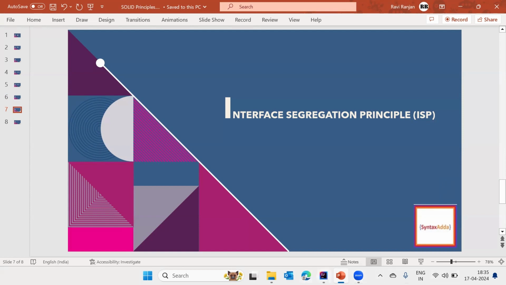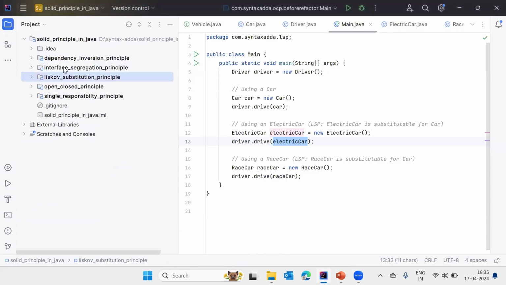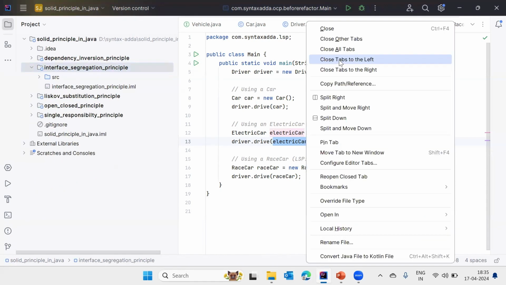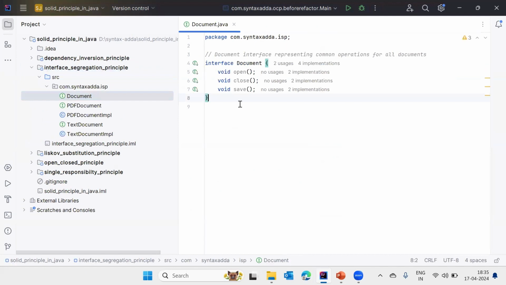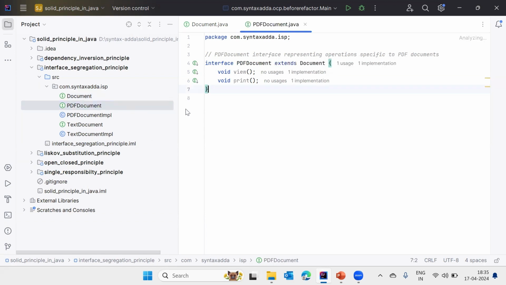So let's say this is an example of the interface segregation principle. Let's close all this first. Let's say we have the Document interface. We can open a document, close a document, and save a document. In the broader sense, we can think about these three main operations which can be done on a document. But if we go to a specific document, let's say the PDF document,